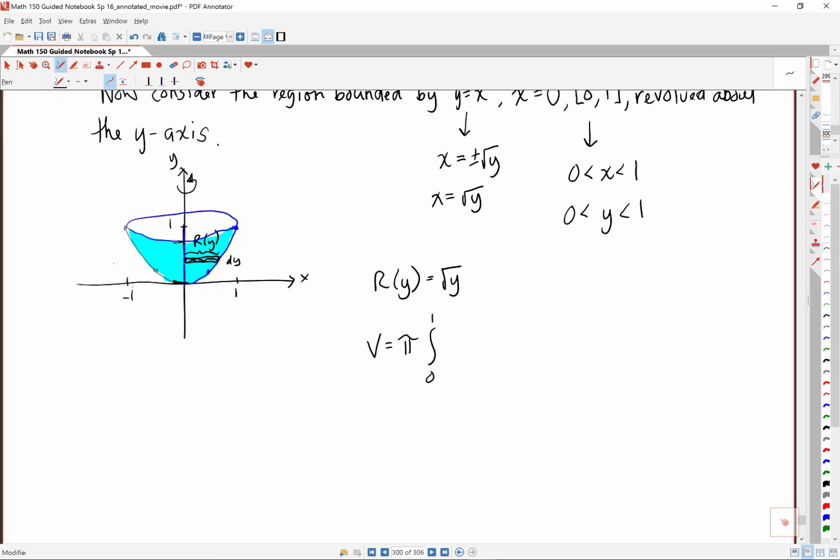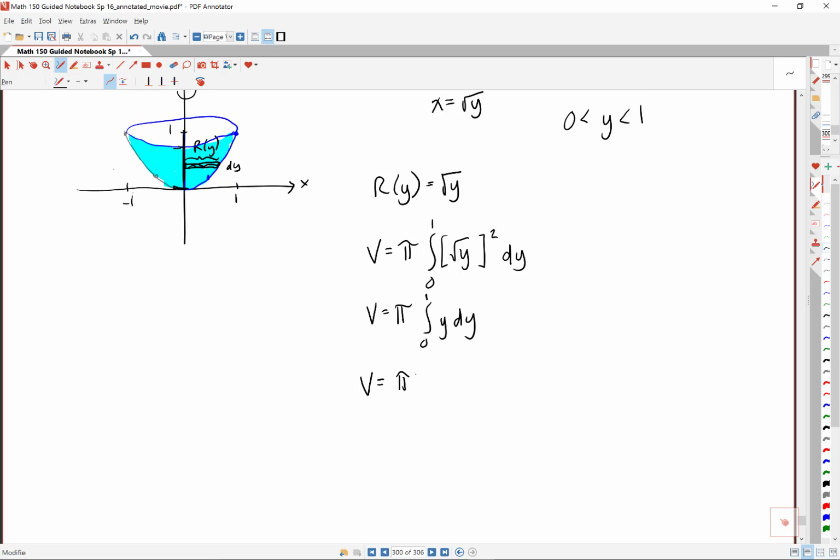So we'll have root y squared dy. Then our volume will be pi times the integral from 0 to 1 of y dy,